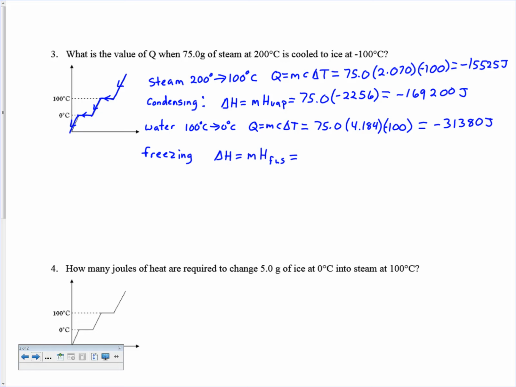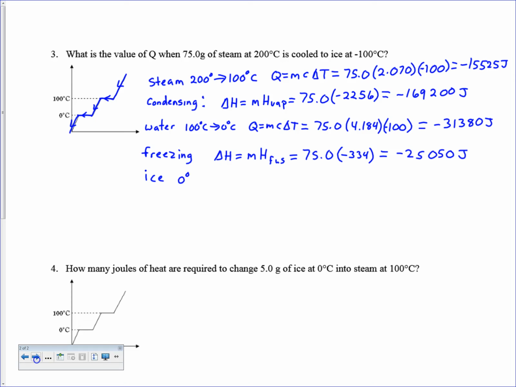Which equals 75.0 times negative 334 because it's freezing. Multiply those together, we get negative 25,050 joules. And then one last step here, we've got ice, and we're going to be going from 0